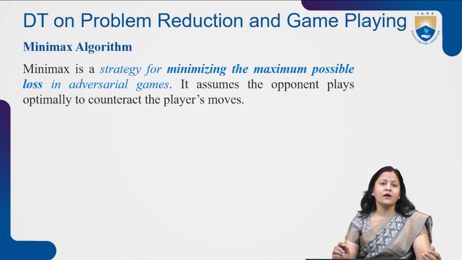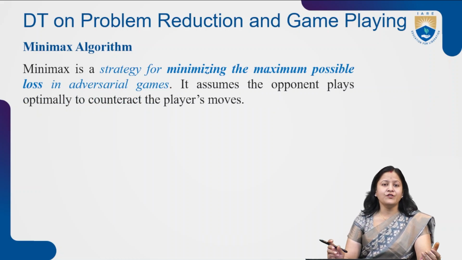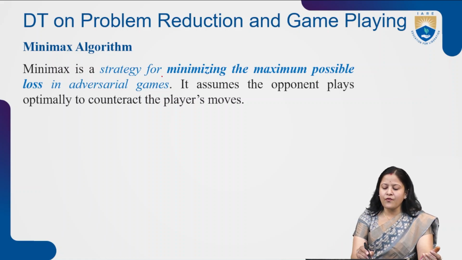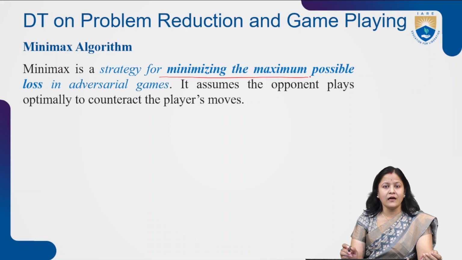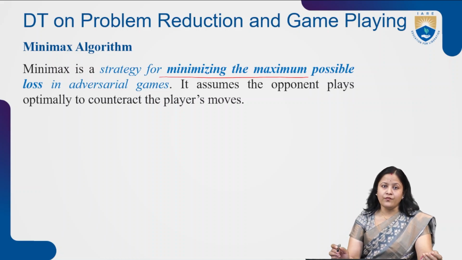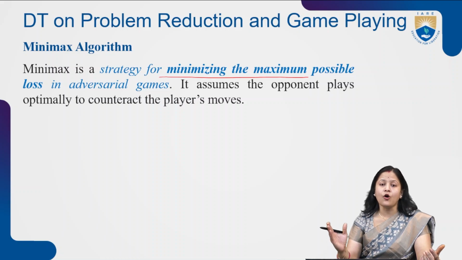The next one is the Minimax algorithm. This is a very important algorithm used in game playing by artificial intelligence, and it is a strategy for minimizing the maximum possible loss in adversarial games. It assumes the opponent plays optimally to counteract the player's move. As the name implies, it is applied to a two-player game. One is min, another one is max. This algorithm assumes that both players play optimally. That means one player will try to maximize its advantage,